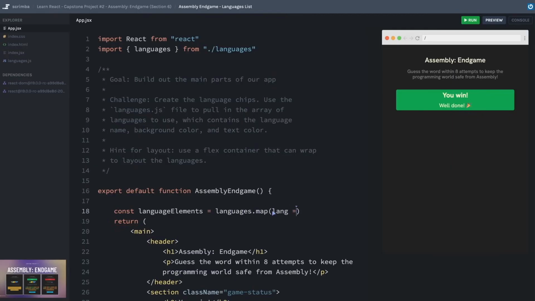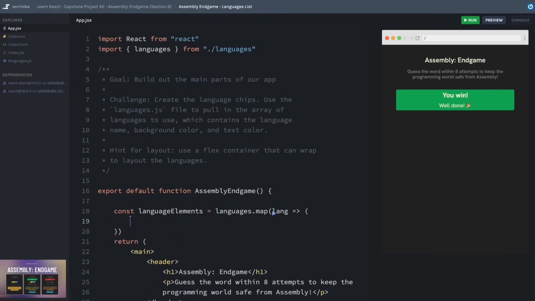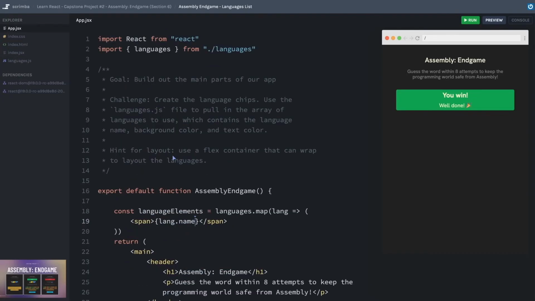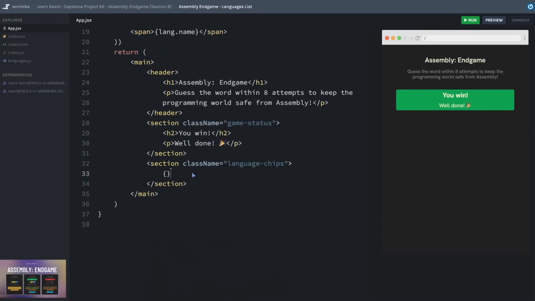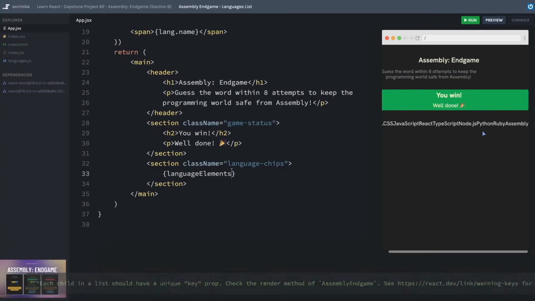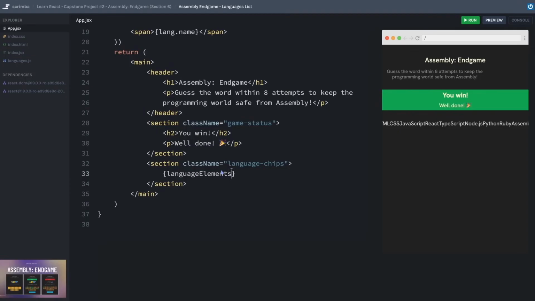We'll look at each language. And let's go ahead and return, we'll make these spans. They seem like they're maybe appropriate as a span. The text inside will be lang.name? Let's go check. Yeah, lang.name, and then we have background color and color. So we will use those in our styles. Actually, let me put this down in this section first and hit save just so we can see that this is working. Okay, that is terribly ugly, but we're on the right track.